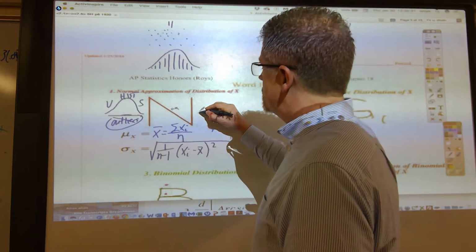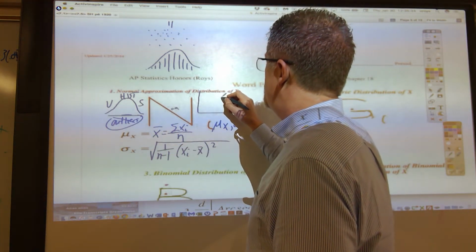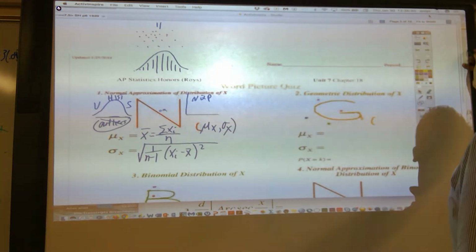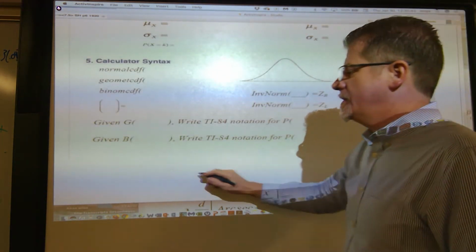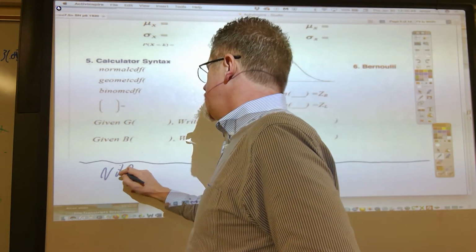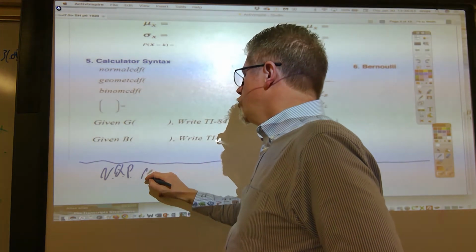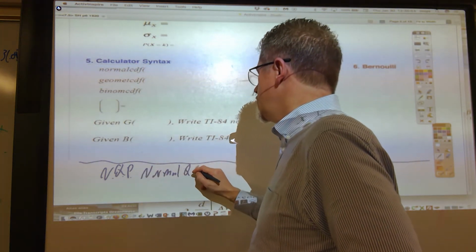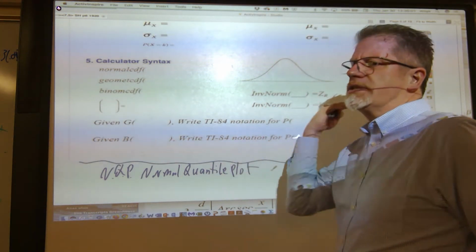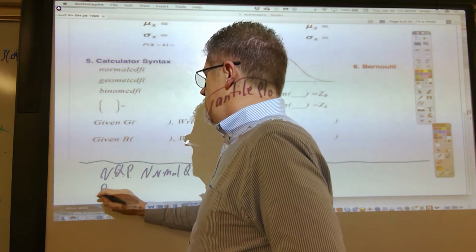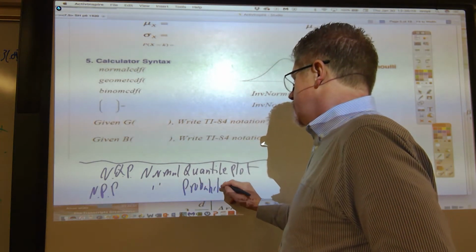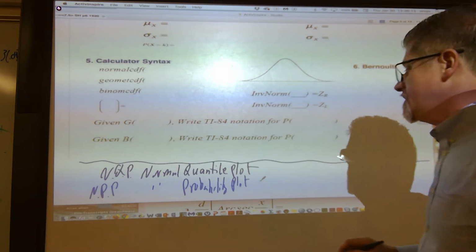Sometimes instead of a histogram, they'll show you what's called an NQP. And that's not going to be on, well, you can just write NQP, but for your information, just put some notes down here because there's all these acronyms. When you see NQP, that's an acronym for normal quantile plot. If you don't know how to make a normal quantile plot, they're just going to show one to you. Sometimes they call it a normal probability plot. But the point is this: